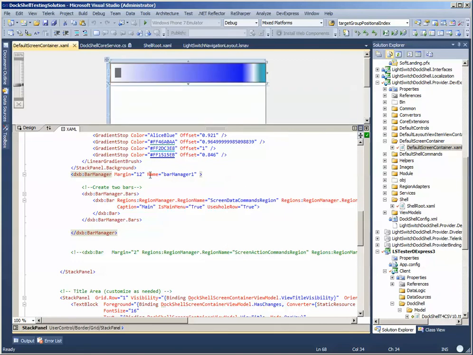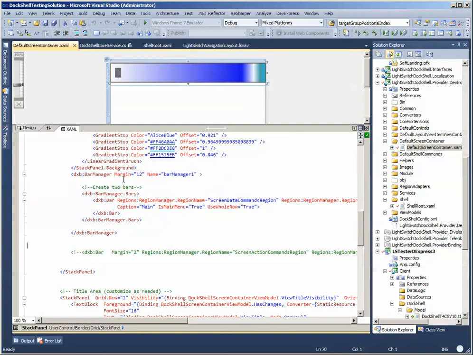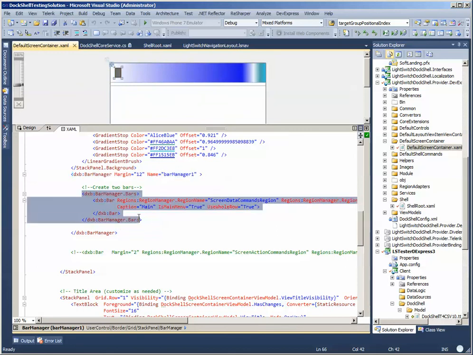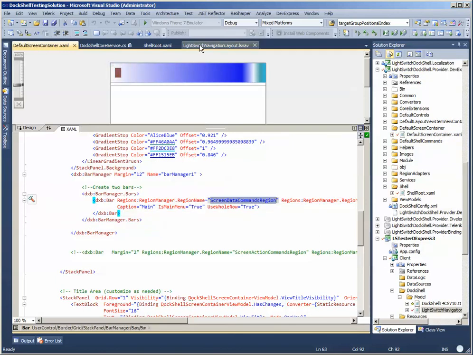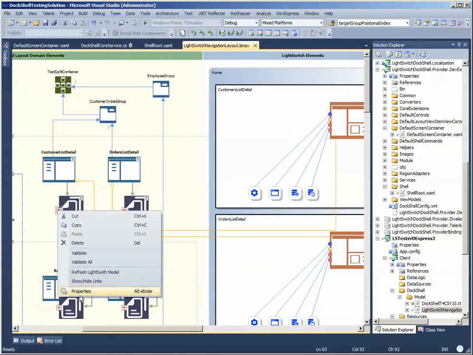The area of concern is really this piece right here, this DxBar piece, and this is kind of a work in progress. Anytime that we're building out regions, this is kind of the process that we go through. You can see here that we've got this DX bar manager, and this bar manager has a collection of bars. What we're trying to do is create a bar, give it a region name, which if you recall, when you look at the model, that little red dot that you're seeing here, if I was just to go and look at the properties of that,